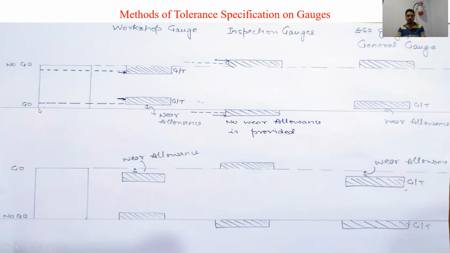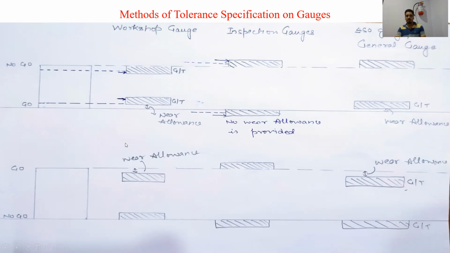ठीक है, दूसरा अगर आप गो पार्ट को देखें, if the go part is designed at this limit, and the go part of the hole is designed at this limit, so this go part will not enter into this hole because this is greater than this. तो आपका ये भी रिजेक्ट नहीं होना चाहिए था because it is designed in between upper limit and the lower limit. बट आपका गो पार्ट इसमें सेट नहीं हो रहा, तो वर्कर क्या करेगा, इसको रिजेक्ट कर देगा. So there is some problem with the workshop gauge.